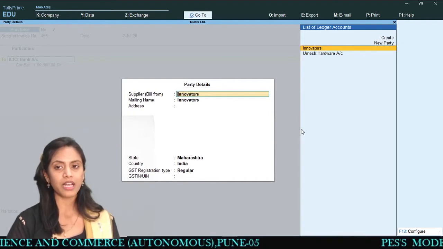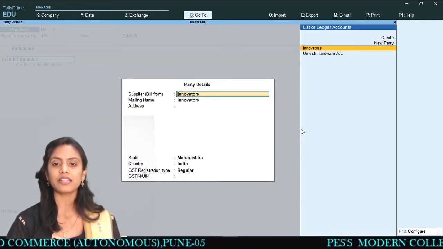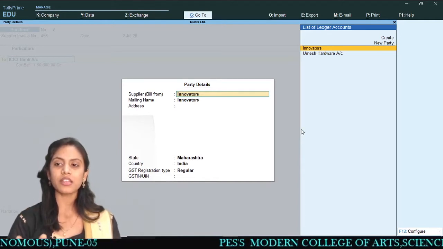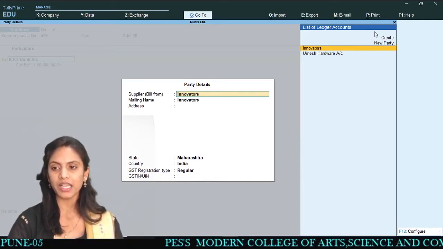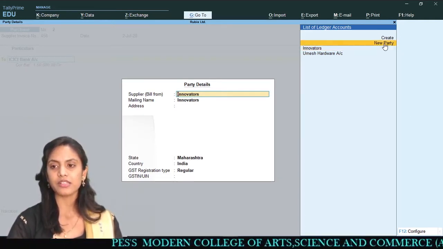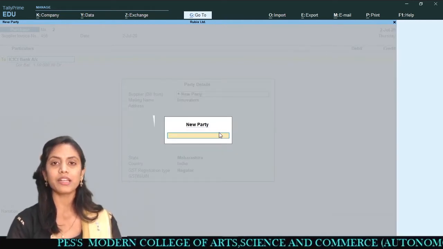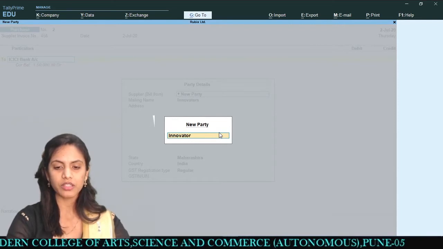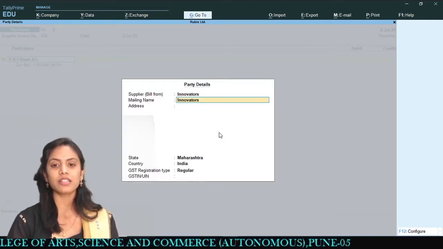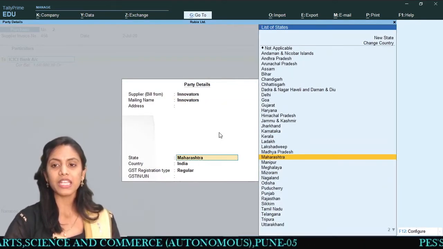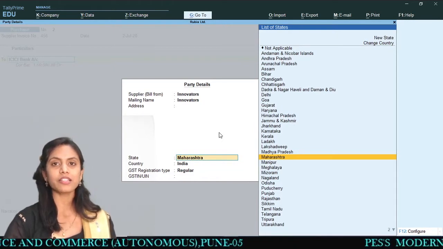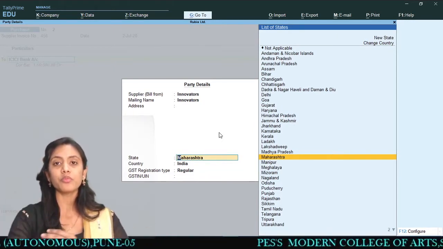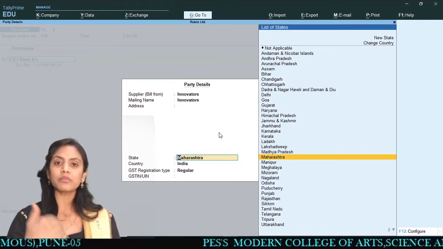Now I'm not having this party details, that is the innovators was there, so I have created this innovators directly, new party I have created. Likewise I just have to create a new party name, I can type over here, just like this one I have typed over here innovators, and you can see directly innovators over. If that name is not in that list, you can create the party name likewise, because supplier bill is from whom you are getting the bill. So you are getting the bill from an innovator.